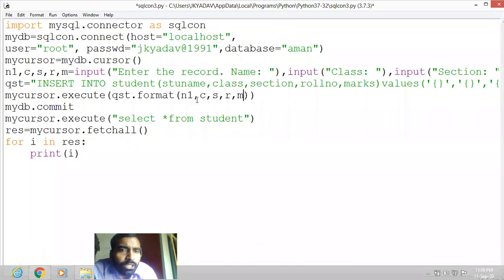These are the inputs given by the user, which we have passed as values, in the form of tuples, for the format command. And now those values will be entered by the user, and it will be saved automatically in the table and then displayed also. Okay, so let us now save it and press F5.